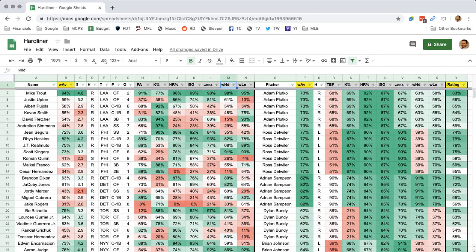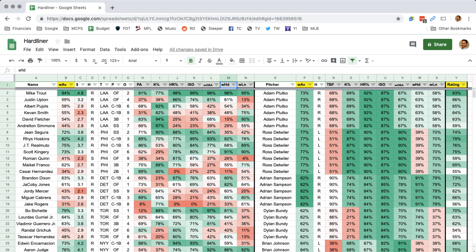So I'm defining two types of hits. Obviously, there's more than two types of hits, but I'm defining two types of hits. Hard is fly ball rate plus hard minus soft.